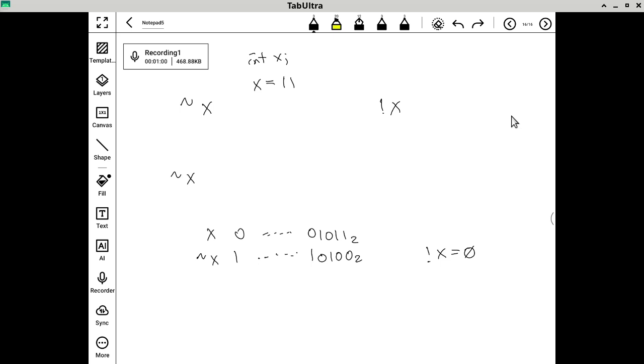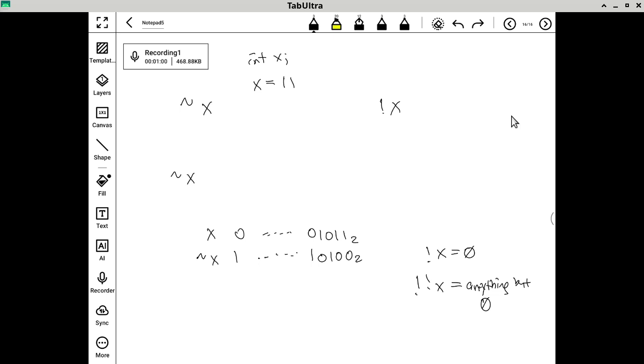Oh, that's a very good question. I like that question. So the question is, what is not not x? The answer of not not x is not x. It is not 1. It is anything but 0. That's all you can guarantee. Okay? So this is anything but 0. 0 is the only value that you cannot have with double exclamation point x, because any non-zero value